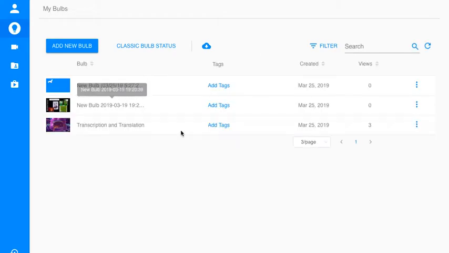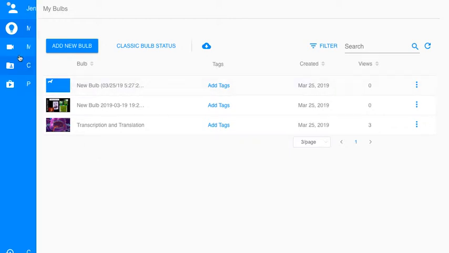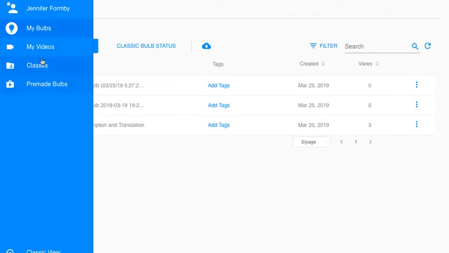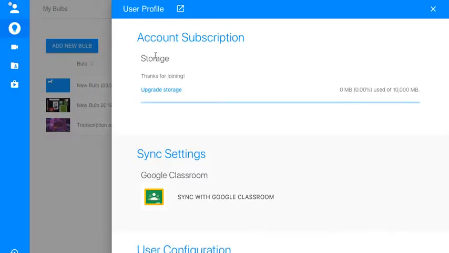It's going to take you to this main home page, and these are called bulbs, and that's the name that they refer to the interactive videos. Once you've created it, they're called bulbs. You have this little pop-out menu to the left, and I'm just going to click on my name,